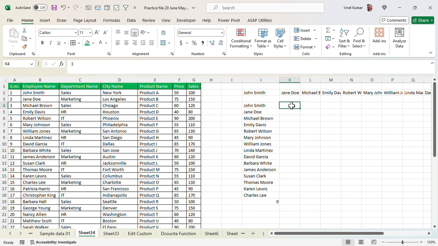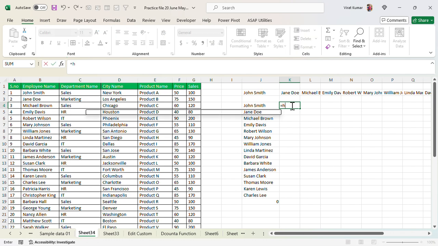Now move next to HSTACK, equal HSTACK. HSTACK is horizontal. What is horizontal? This row.